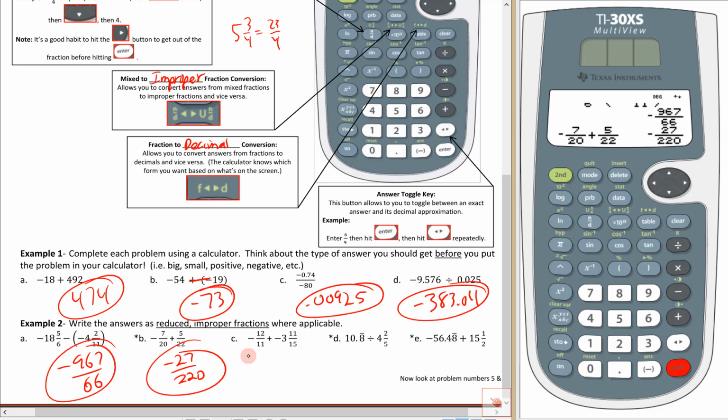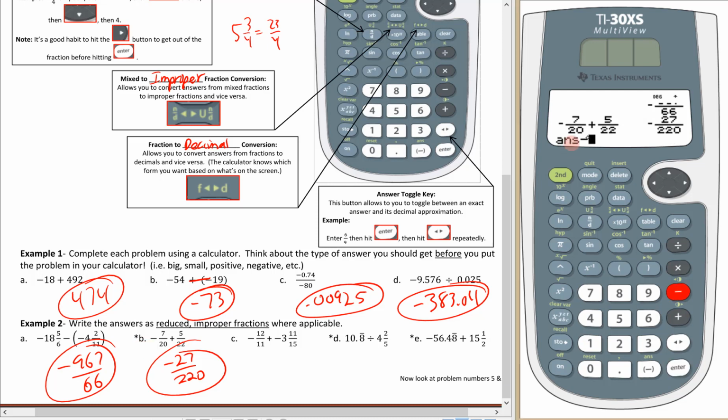Okay, one other thing I forgot to mention here. Watch what happens if I try and put a minus right here. If I do a minus, it automatically grabs the last answer, so I know that I've done something wrong. It's trying to take the answer and then subtract something. Okay, so I'm going to clear this off,